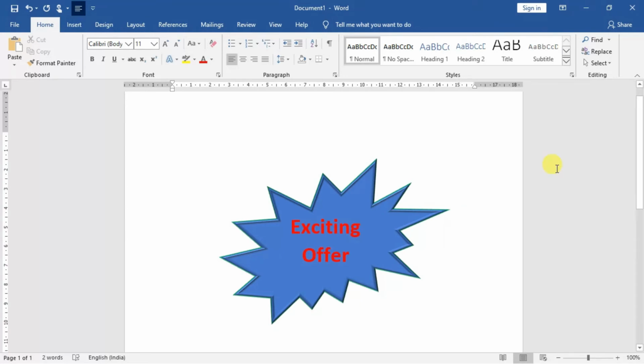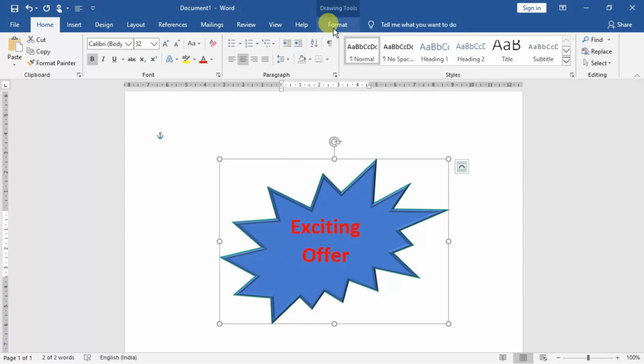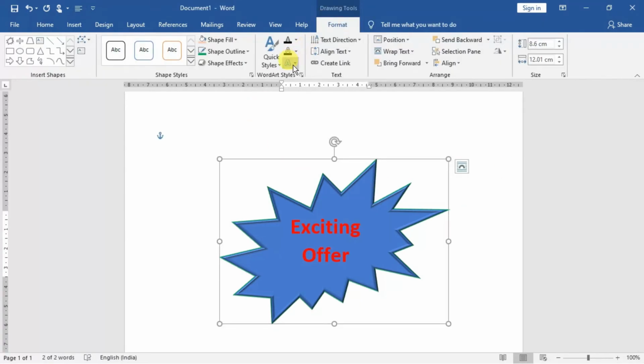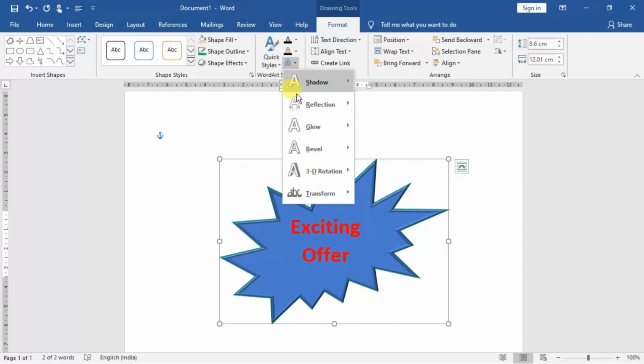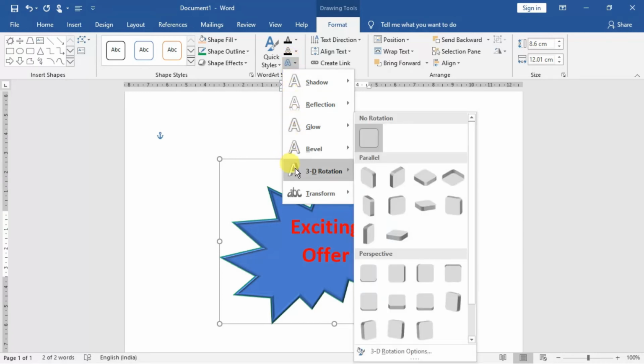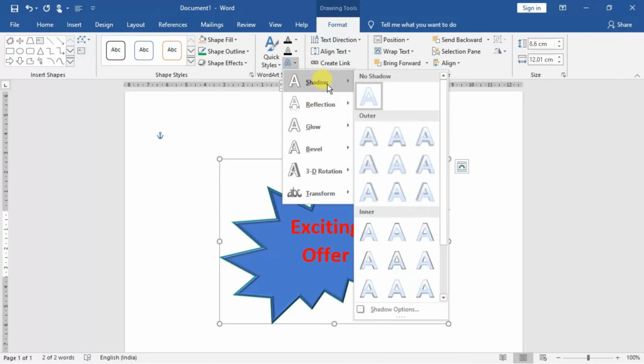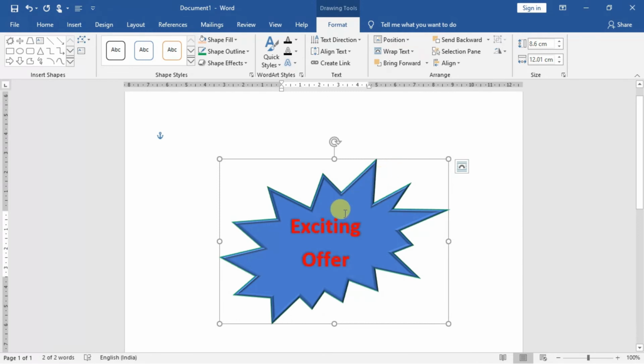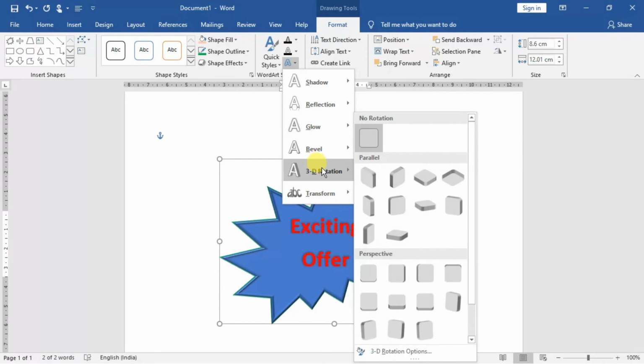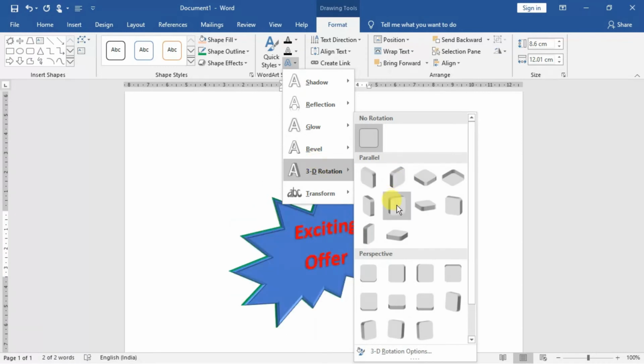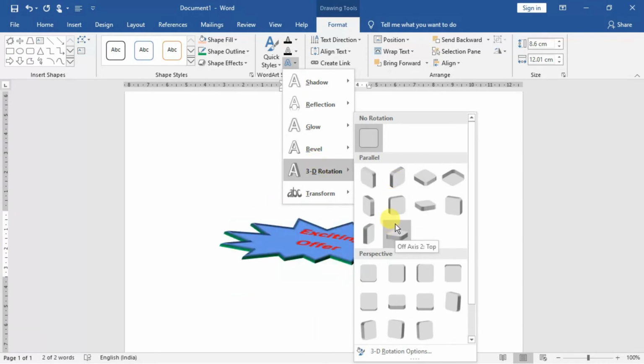If you want to apply a shadow over here, go to the Format tab and you can apply the shadow from here. This is the style, this is the text effect, you can say. There you can see 3D rotation is possible, and there is a shadow. If you want to, you can give a shadow to it. All right, so the things will appear in this way, and the 3D rotation is also possible. You can see it happening in the background.